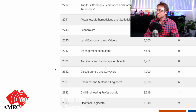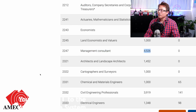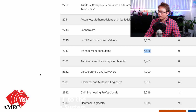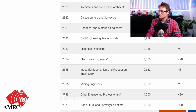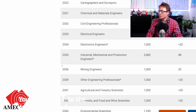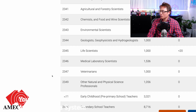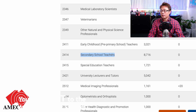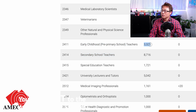They want more management consultants. You can see they want 4,526. However, all these numbers compared to the previous year have dropped dramatically. They still need engineers, but it's all very limited numbers. Industrial production engineer. If we go down, they want more secondary school teachers now, surprisingly, but early childhood is still in demand, but it's only